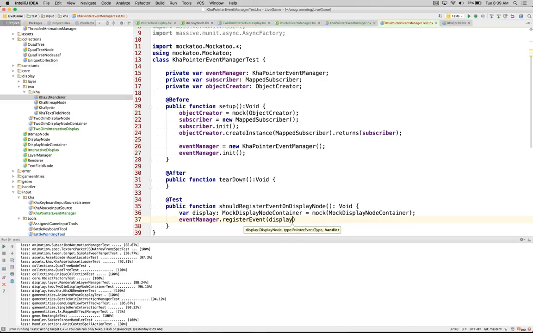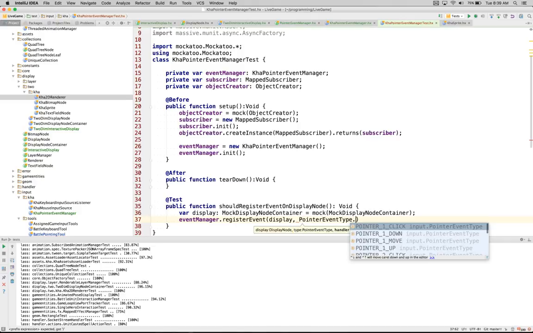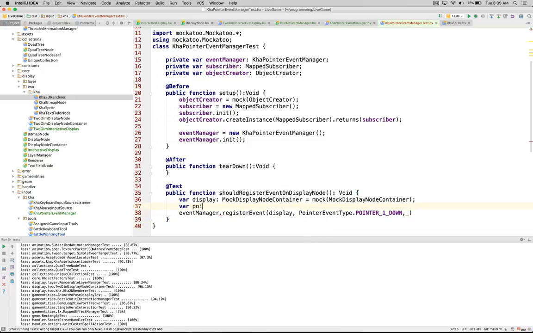Display, and we're going to give it a type, which would be pointer event type, and that's going to be down. And our handler is going to be our pointer 1 down handler